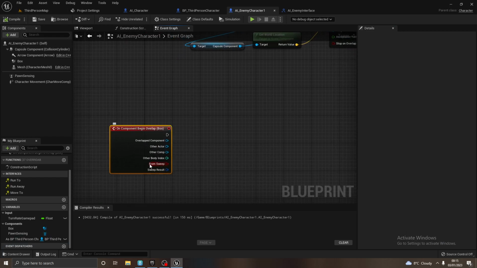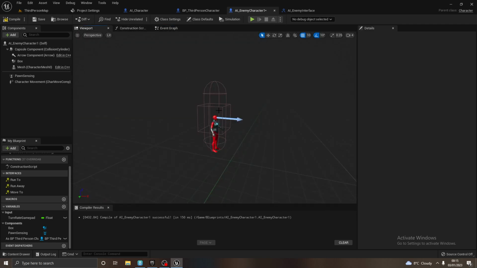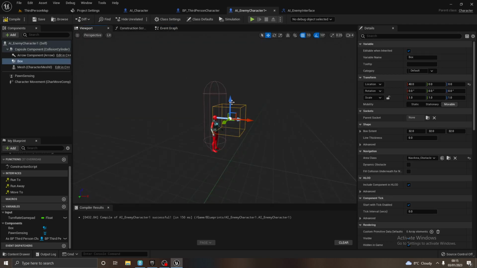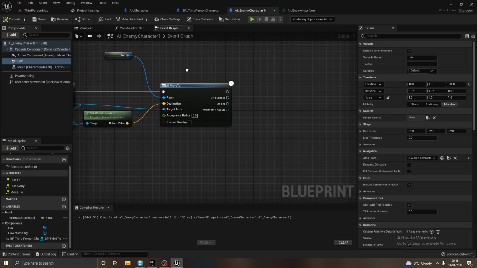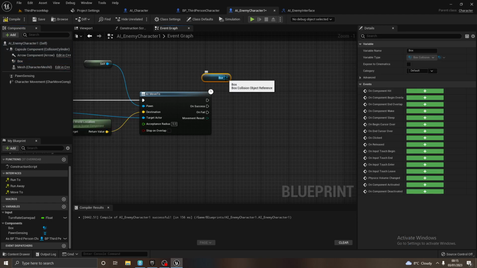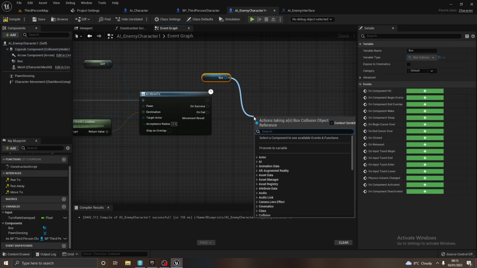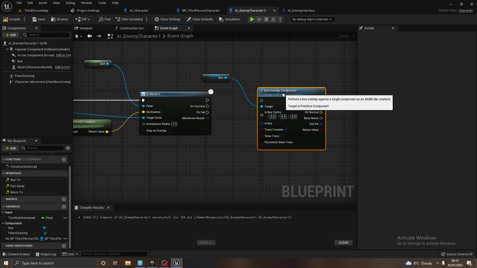I don't think that's the right thing to do anyway. So on this viewport, if we grab this box and we put this box in front of him, so after he's moved to us, if this box has overlap component, no wait,